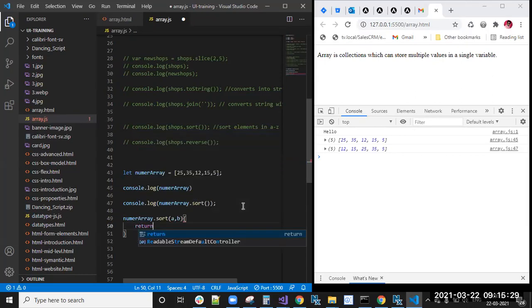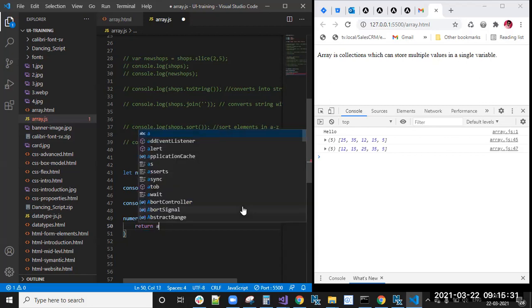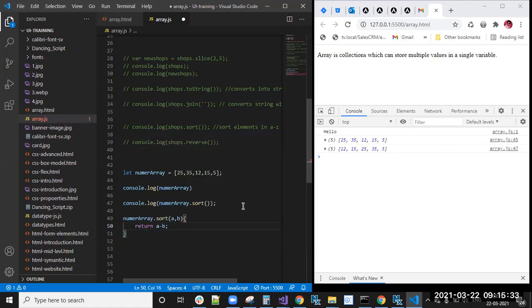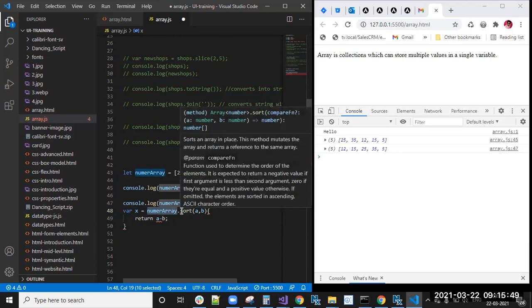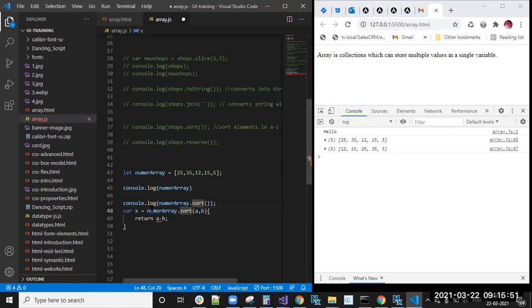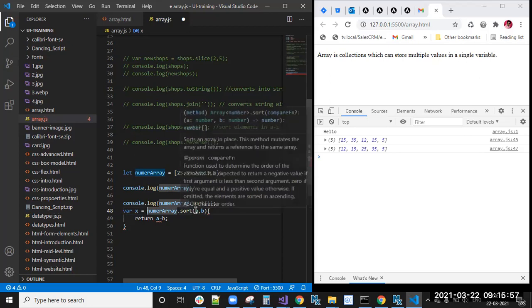Here it will return a minus b. Number array dot sort of.